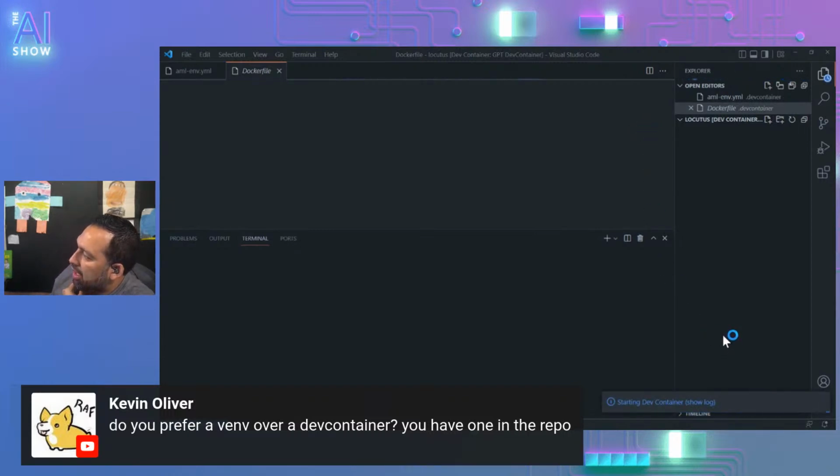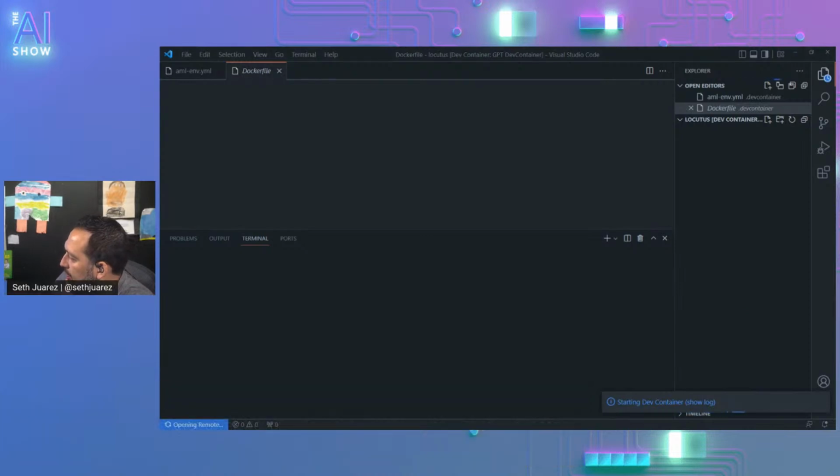I don't know how I feel about running in a container. That whole stuff still mystifies me a little bit, which it probably shouldn't.